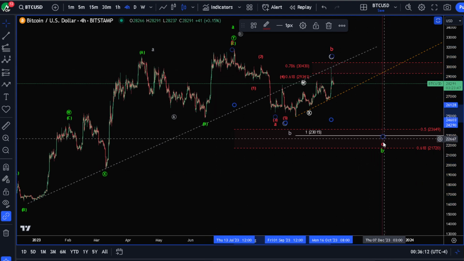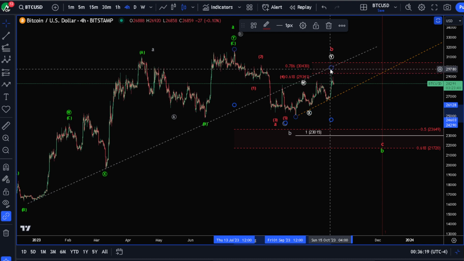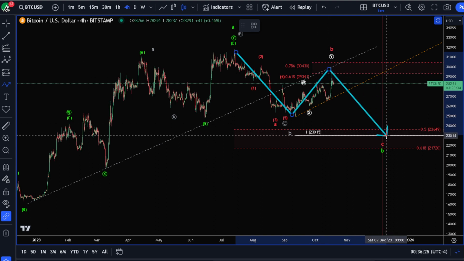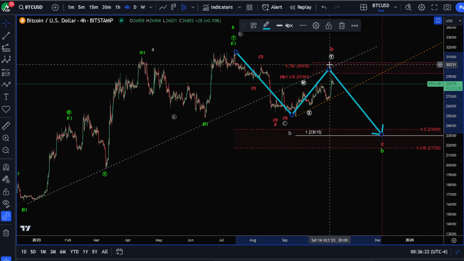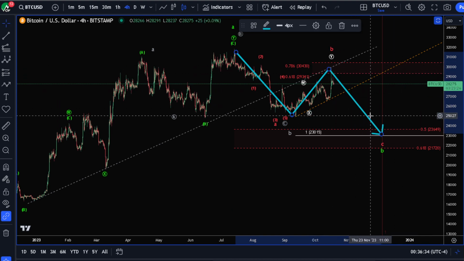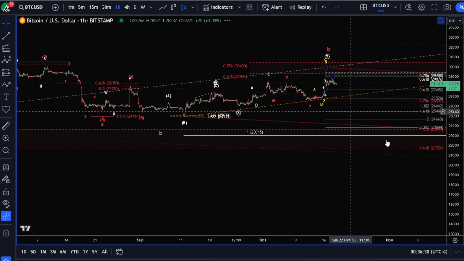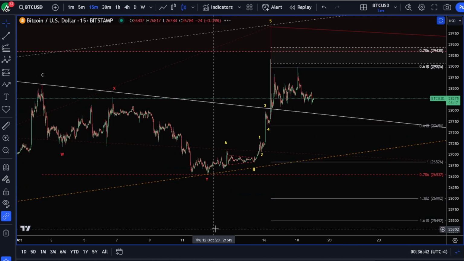And in time, that would put us right at the beginning of December, first week of December, if we take the same amount of time to get there as this wave. That's that number extended off. So potentially, I'm not a big fan of giving time limits, but if we drop from here, we'd expect to be there by December. So going down to the hourly, again, I'm not saying this is going to happen.